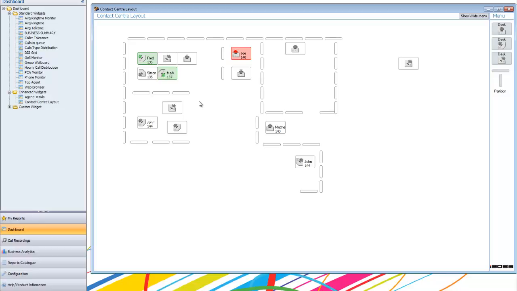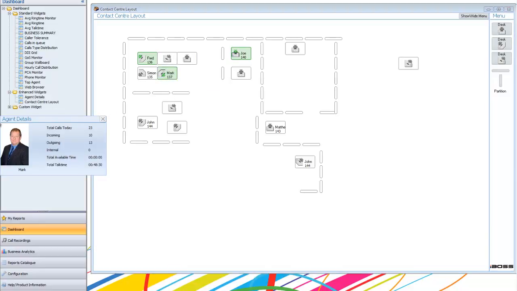So as a contact center manager, I might have rows and rows of agents, and I would be able to see if they're green, they're not doing anything; if they're red, they're on a call or they're busy; if they're grey, they're D&D'd. I can see their name and their extension number. I can also right-click and show details, and show details will bring up the little snapshot view of what they've